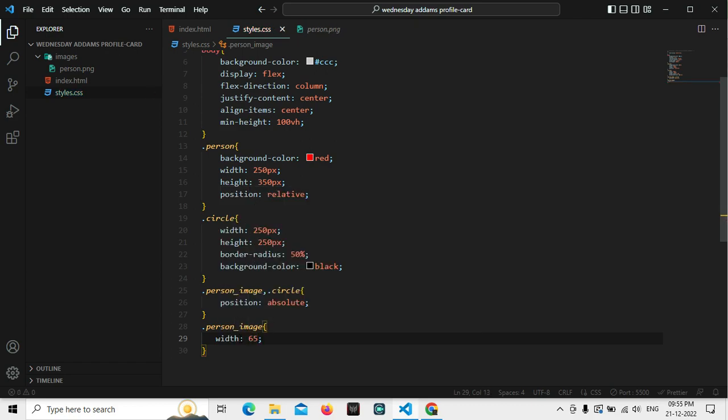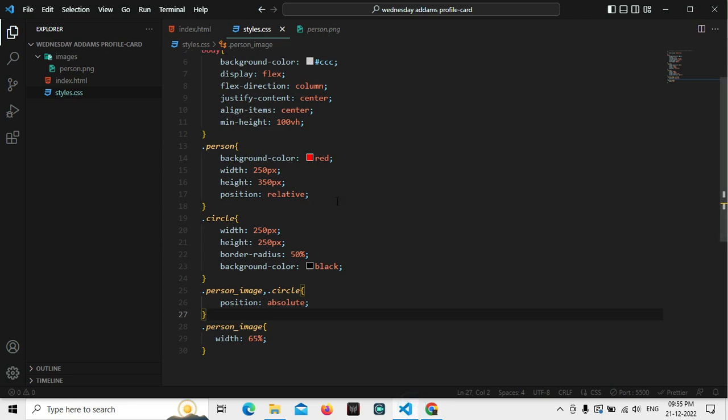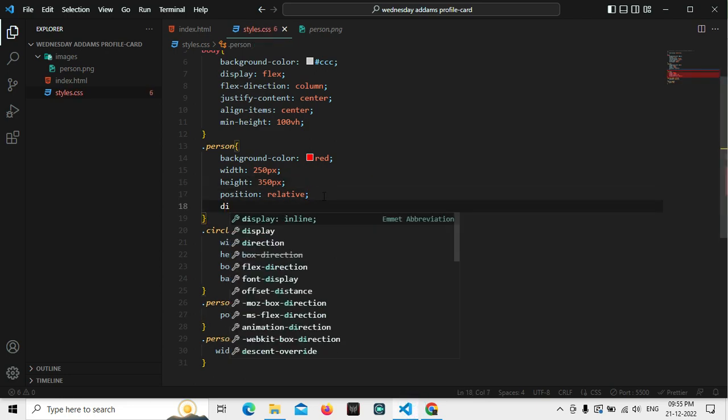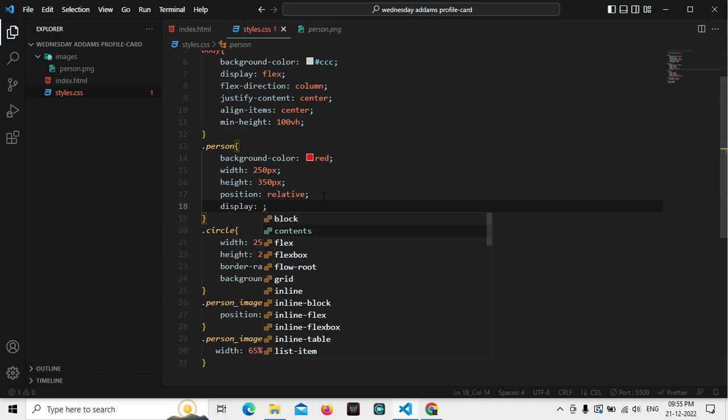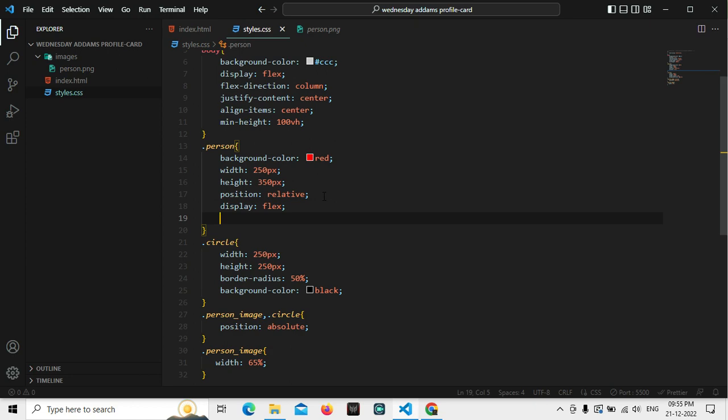Okay, 65%. Okay, now we can see that the image is somewhat centering. Now what I would like to do is apply the display property of flex. We are going to center the items with display flex and